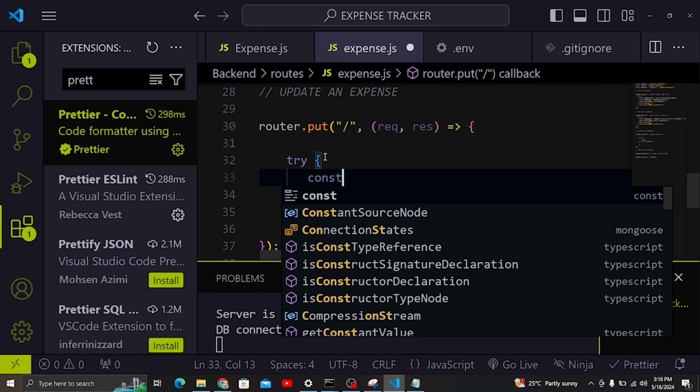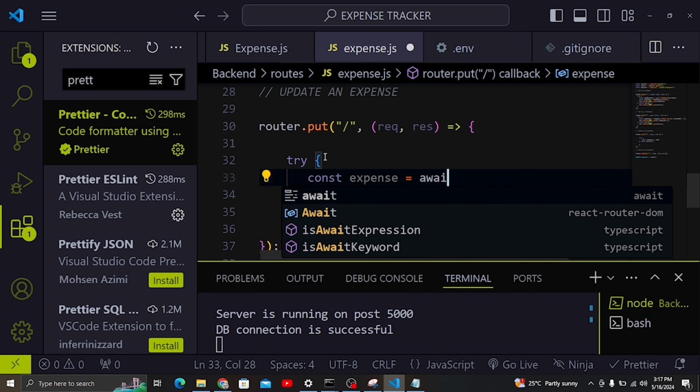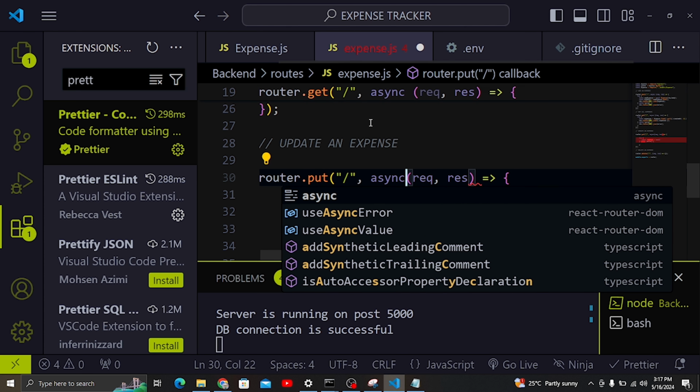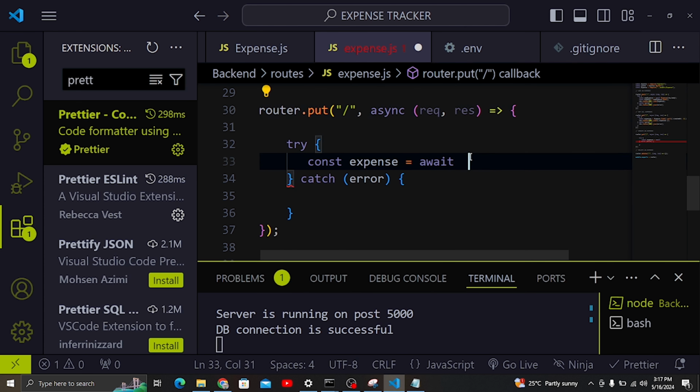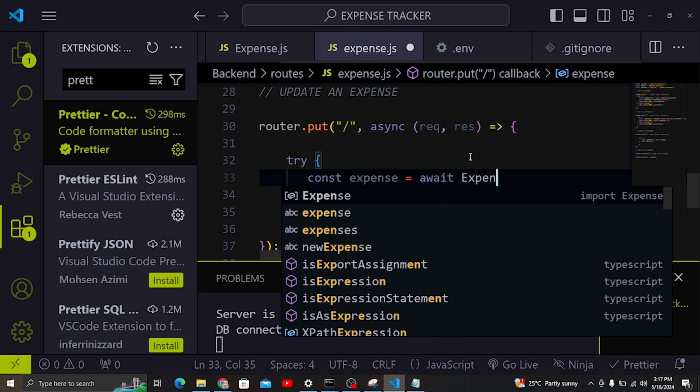So we are going to do const expense, and then here we are going to have await, and here we need to have async, so async like that. Then here is await, and we need to use Expense as our model,